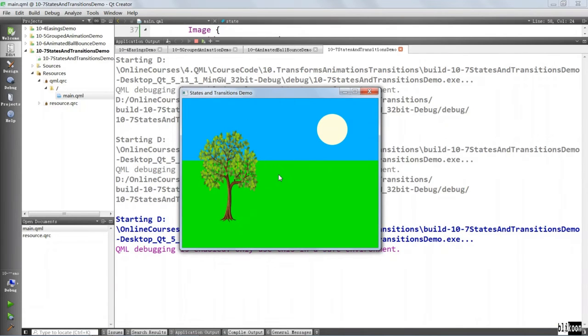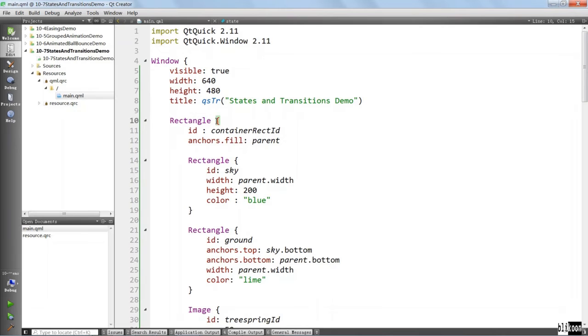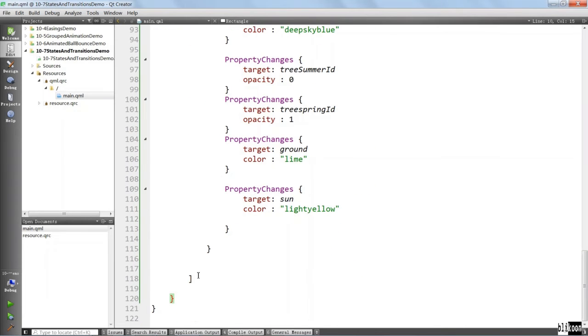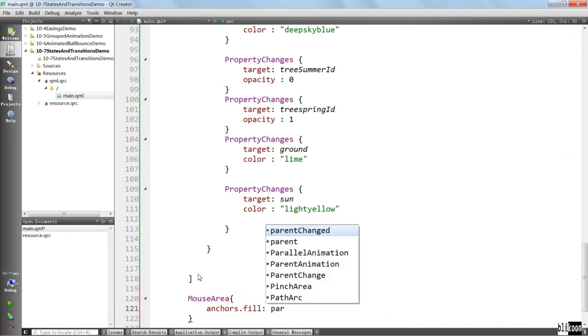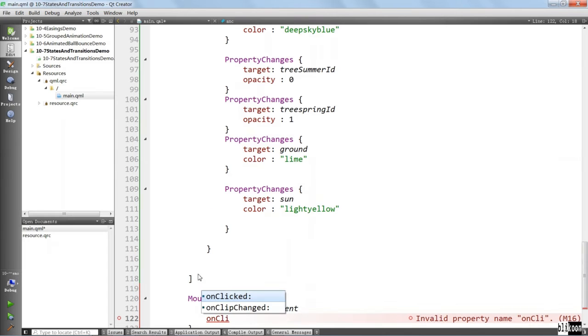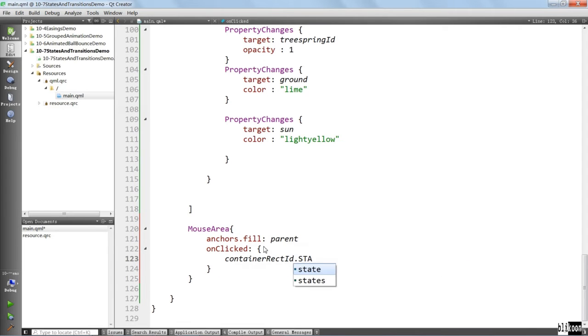Now we want to automate the changes from one state to another. We are going to put in a mouse area that is going to fill the container rectangle. Let's go to its bottom right here, put in a mouse area, anchors, fill parent, onClicked. And we are going to say container state. The state of the container rect is going to be equal to the expression that we are going to